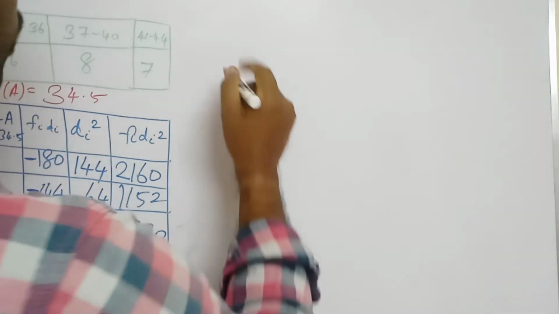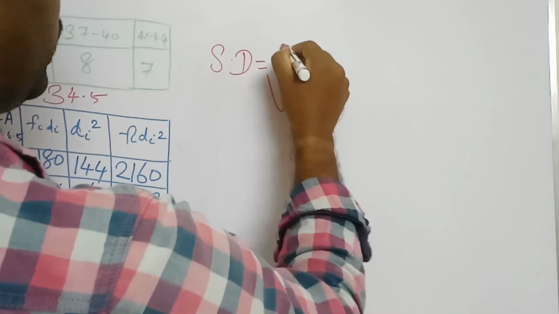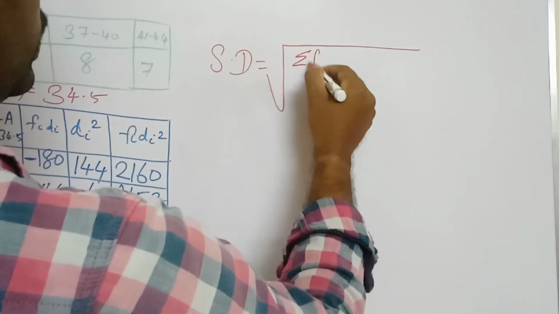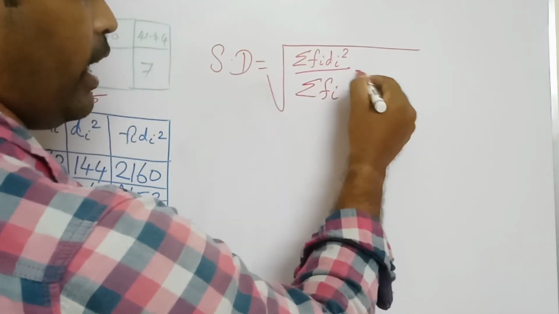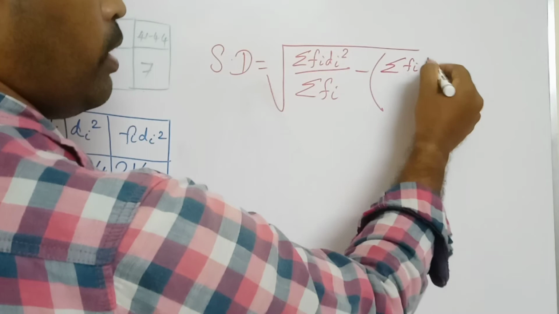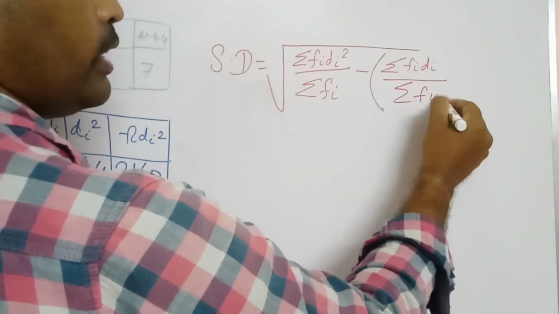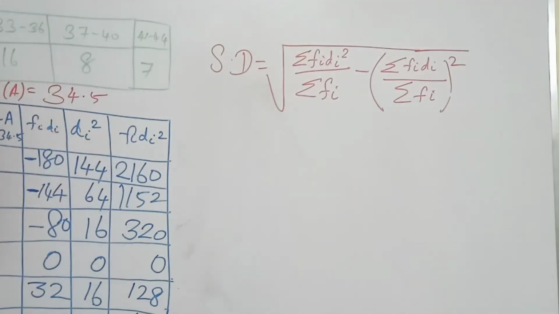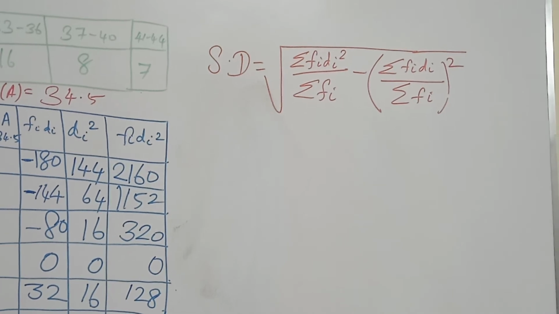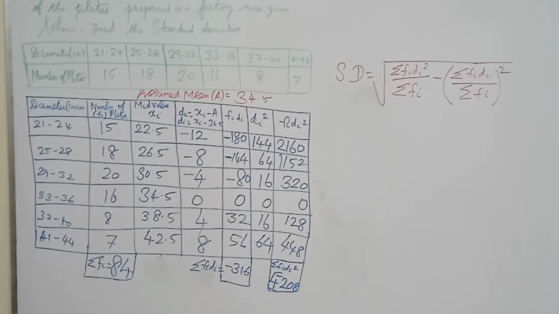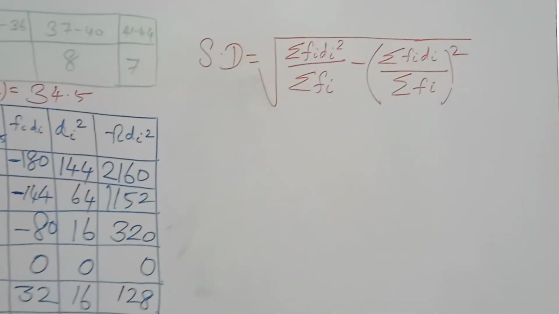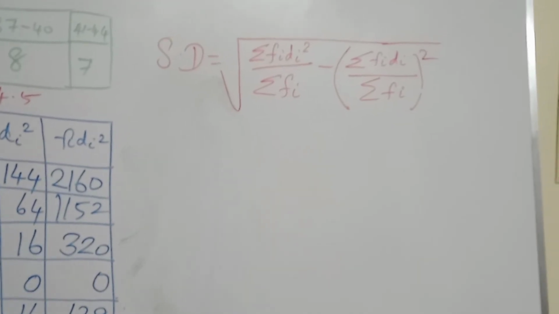The standard deviation formula is SD, standard deviation, equal to square root of sigma Fi di square by sigma Fi minus sigma Fi di by sigma Fi whole square. This is the formula. So by this formula we need to find out the value. Sigma Fi di square, what is the value? 4208. So now sigma Fi di square is